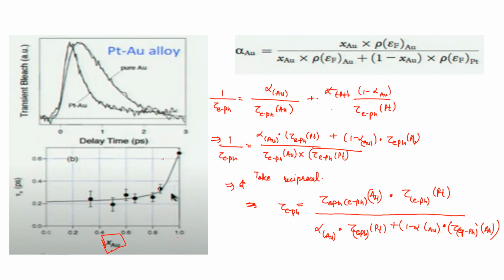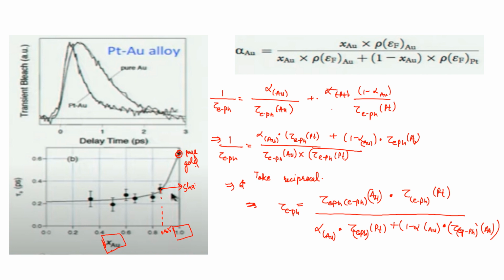Now, if you see closely here, this is 1. So the 1 is equal to pure gold, and not any alloy. And as you decrease the mole fraction, it means most of the platinum you are adding. Now here it shows that if you decrease it to, say, 0.85, then you will notice as there is a decrease in the mole fraction of gold from 1 to 0.85, there is a sharp